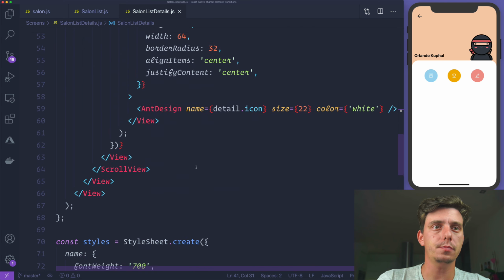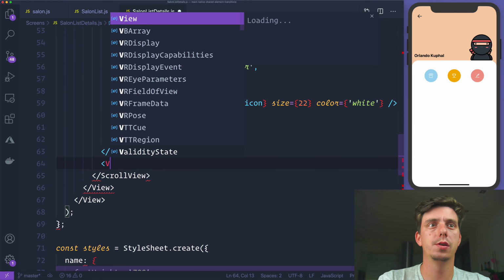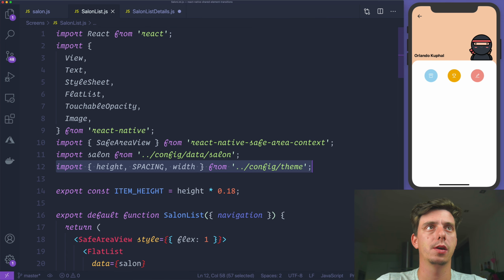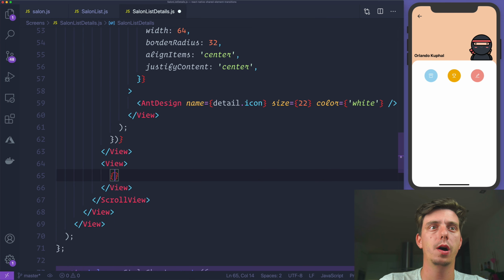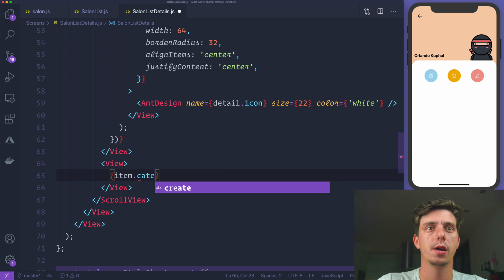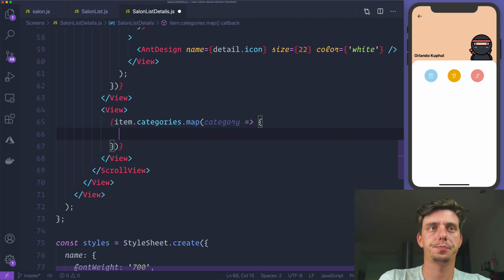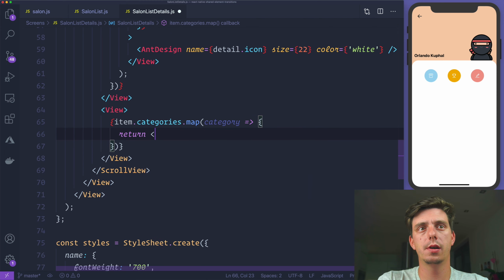And another view here, I'll have another view which will contain the categories for each item, right? So I'll iterate over categories. So item.categories, I'll get a category, and here I'll say return a view,